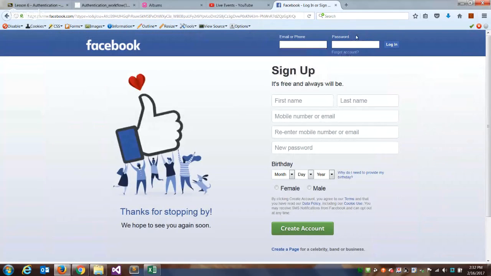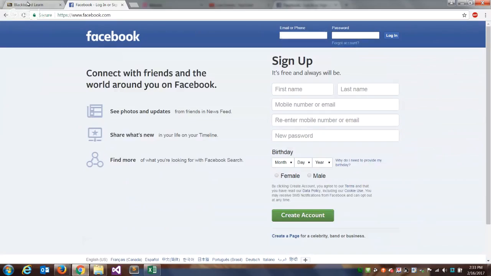If we see an option that says keep me logged in, then we know they're using a cookie, right? Because that allows us to close the browser, turn the machine off, come back to it another day, and we're still logged in. So when we see that, then obviously they're using a cookie, right? The session will not persist. As soon as you close your browser, your session's gone. So if you're logged into Blackboard, if I actually log in here,